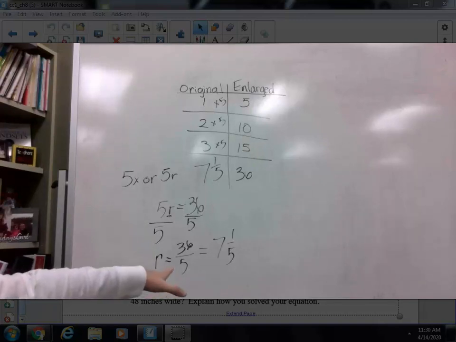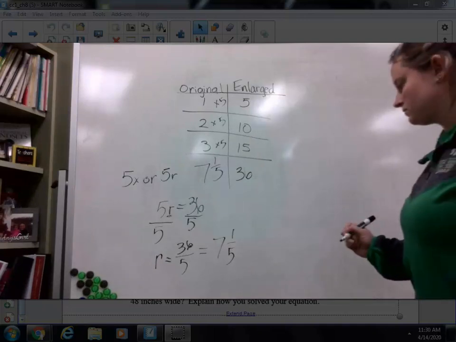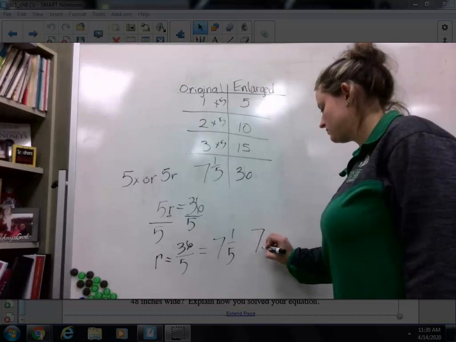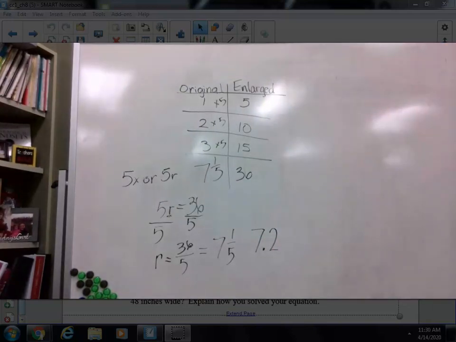So the last thing I asked you guys to do here was to write that as a decimal. So 7 and 1/5 is still 7 wholes, and what's the decimal equivalent of 1/5? 2/10. So 7 and 1/5 is actually equal to 7 and 2/10. And you guys can do that using long division. You guys can use equivalent fractions to get 7 and 2/10. So if we go back now,